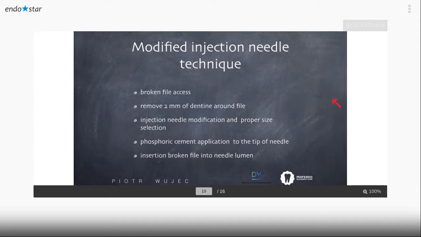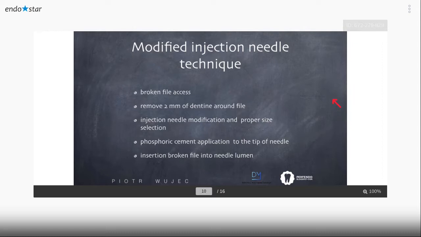experience with the technique, but normally I start with the needle size 0.7, and if I see that it's too big, I choose 0.6 and try to fit it, or 0.8 if I see that 0.7 is too small. Then we need to